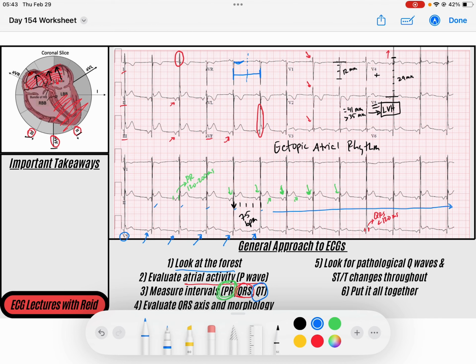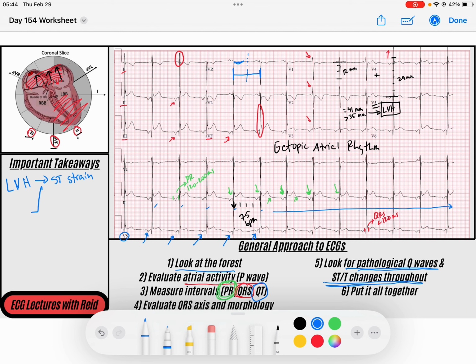And so the last thing we need to do is evaluate this ECG for pathological Q waves or ST or T wave changes throughout. Okay, and I want you to remember one thing from this video: left ventricular hypertrophy has something called ST strain. ST strain means that in the leads that most capture the left ventricular hypertrophy, you'll oftentimes see that your QRS